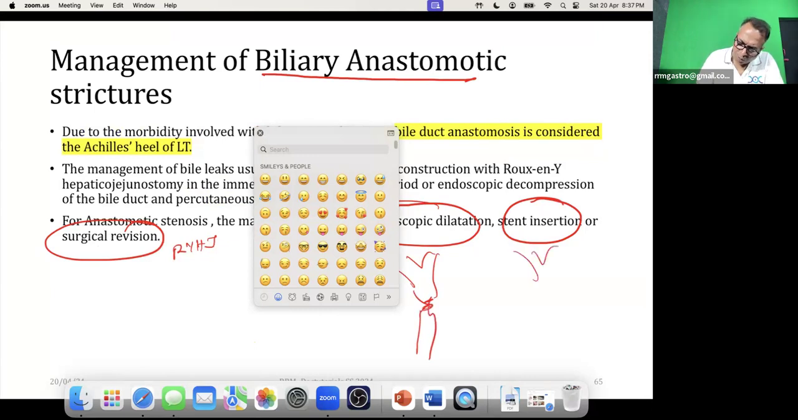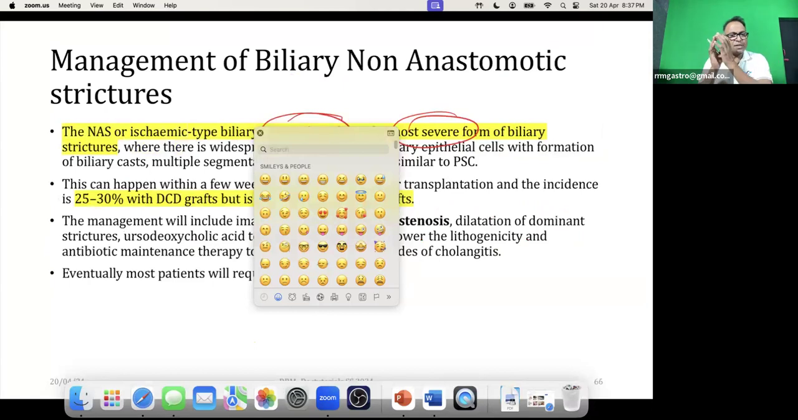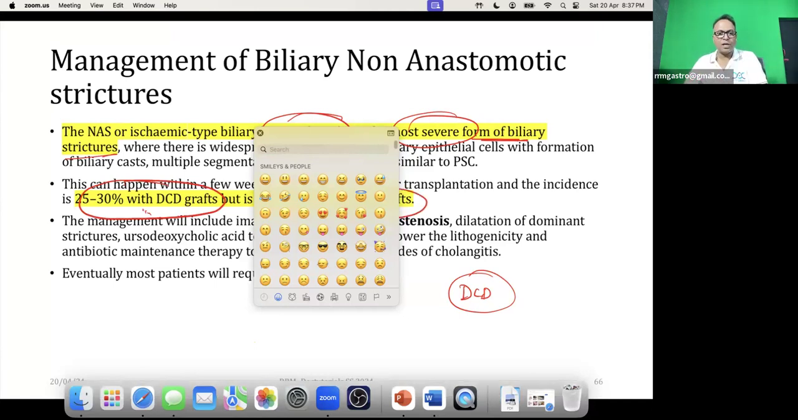For a non-anastomotic stricture, we don't know where the stricture is. The entire bile duct has an ischemic type of biliary lesion. I told you this is the most severe form of biliary stricture and it is common in donation after cardiac death. It is more common, 25 to 30%, with DCD grafts, but it is less common with brain dead grafts. So this includes ruling out hepatic artery thrombosis. I already told you biliary stricture can be due to